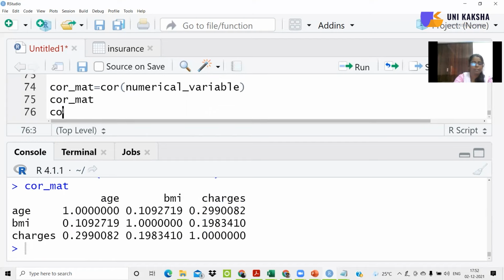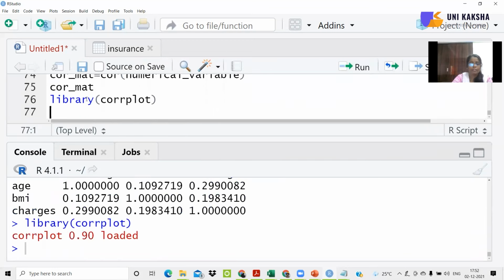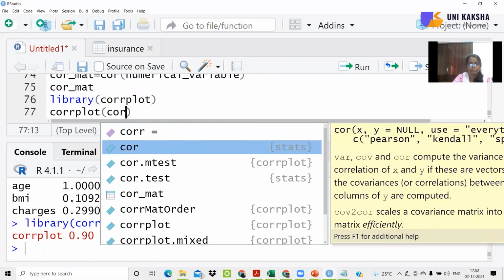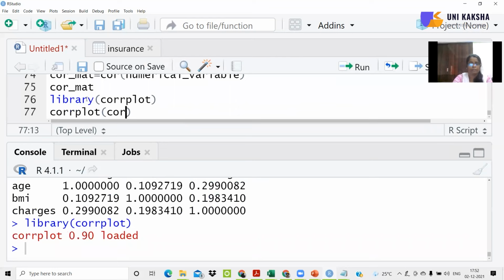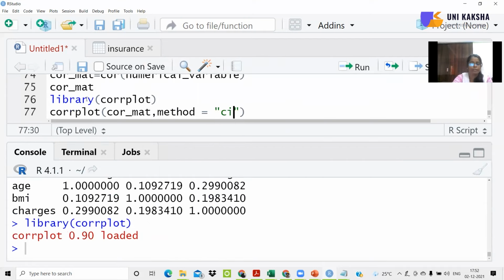So if you simply want to plot this, you can make use of a library, CORPLOT. And here you can simply use this CORPLOT function, pass this correlation matrix. And along with this, you can pass method is equal to circle.